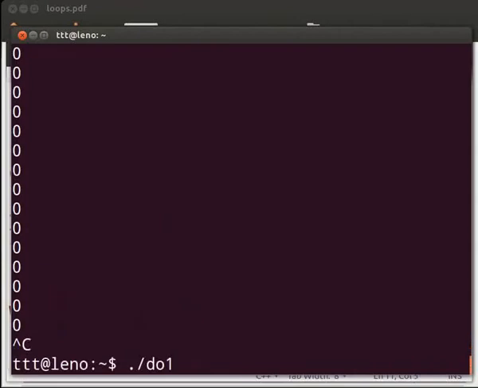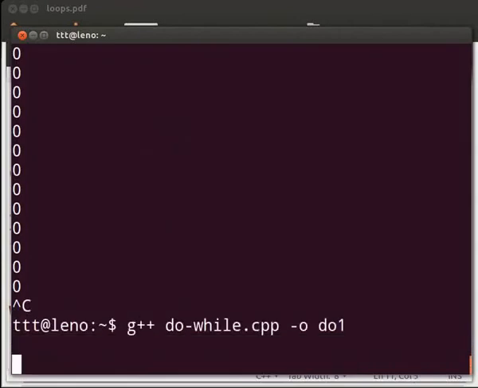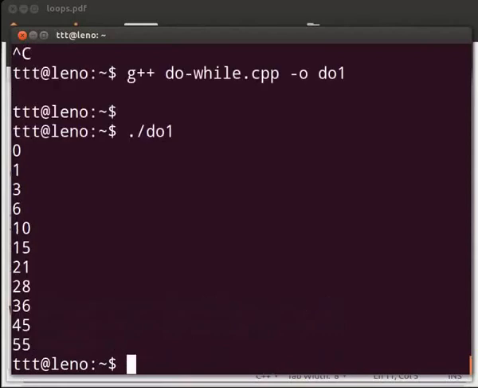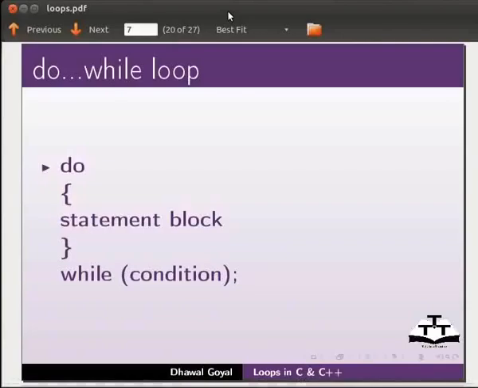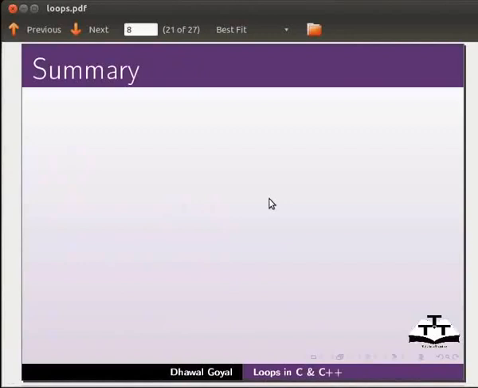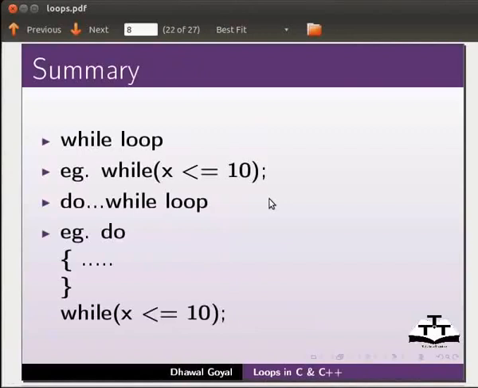Come back to our program. Let us fix the error. Type x++ and a semicolon. Click on save. Let us execute again. Come back to the terminal. Press the up arrow key. Yes, it is working. This brings us to the end of this tutorial. We will move back to our slides.